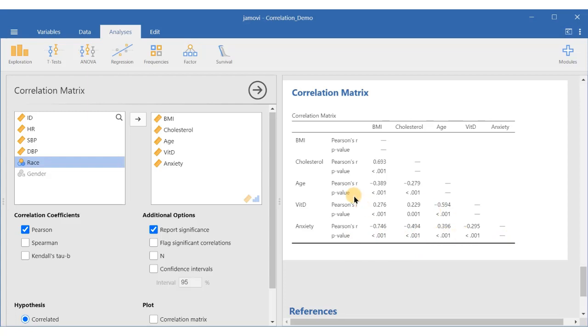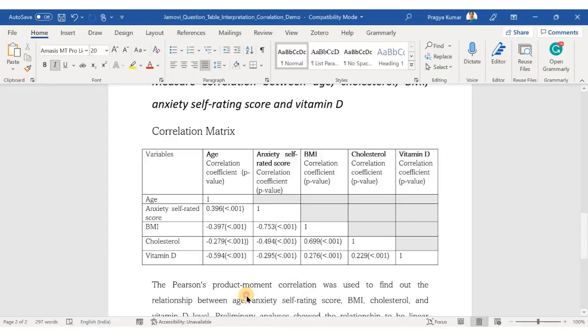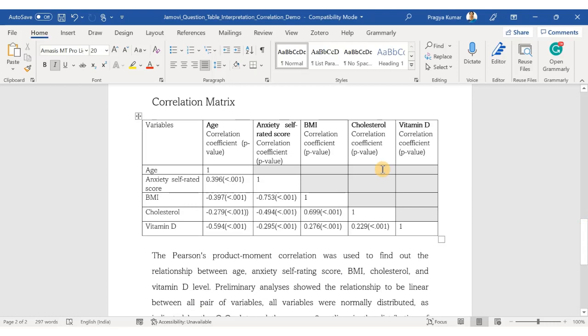In the first row, you will have the value of Pearson's R, and in the second row you will have the p-value. You can see all these are significant because every value is less than 0.05. So there is a correlation between all these variables, and that's how you enter the result here: this is the matrix which you plot and you enter the result. In this case the p-value has been given in the bracket and this is the value of correlation coefficient.